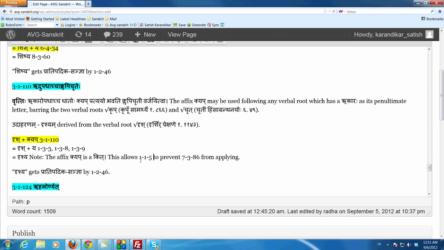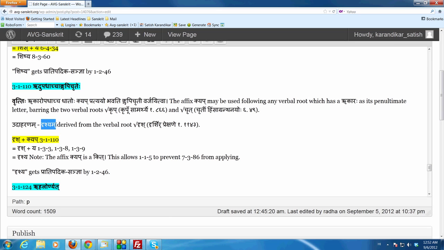That is why Panini prescribes the pratyaha kyap following these dhatus. So basically to stop the puganta lagupatasya cha. And drishya gets the pradmadika sanya by kritva it's samasascha. And as usual it is adjectival. If you use karmani, it's adjectival. So it could go in any gender. So this is samanya napumsakam.